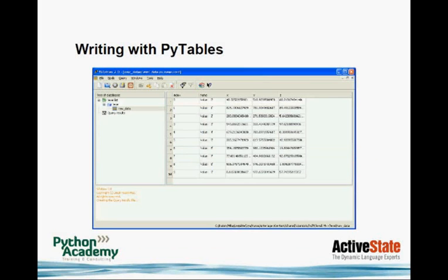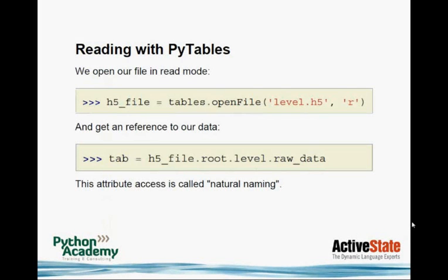But there are also quite a few graphical tools, and that's one of them. That's ViTables. Actually, it's written in Python with Qt, and you can see here on the left-hand side you have this typical tree structure, and that's a hierarchy. So our hierarchy is very simple, but you can see you have this group that looks like a very simple little folder, and then you have a table. And on the right-hand side you see the table with the data inside. So you have several of those tools, and some of them even can do visualization and graphics and things like this. Next slide, please.